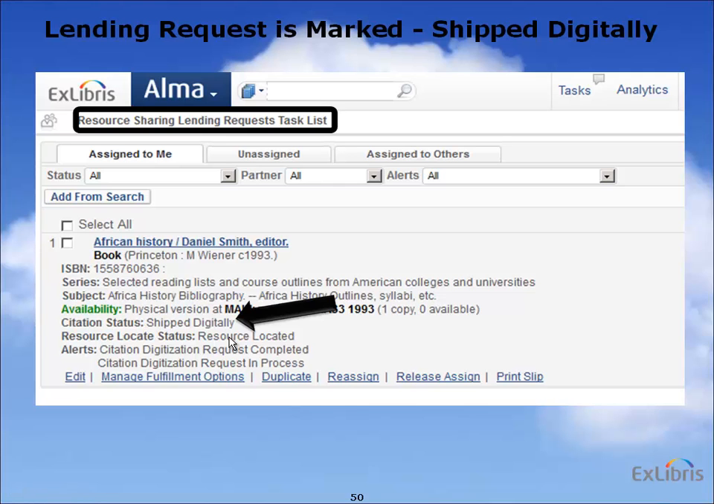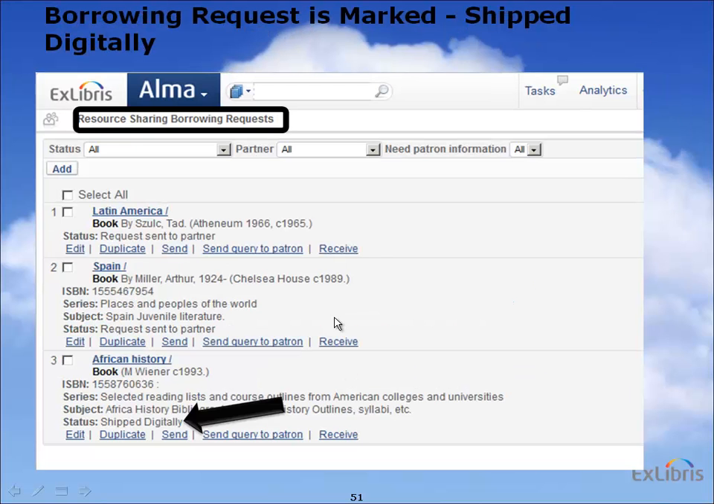The email with the attached digital file has been sent, and in addition, an ISO message has been sent to the borrower notifying that the item has been shipped, but not in physical format, but rather in digital format. So the borrower request is also marked as shipped digitally. When the email arrives,